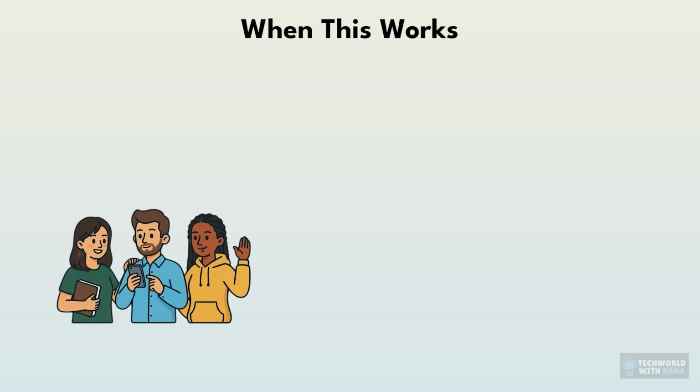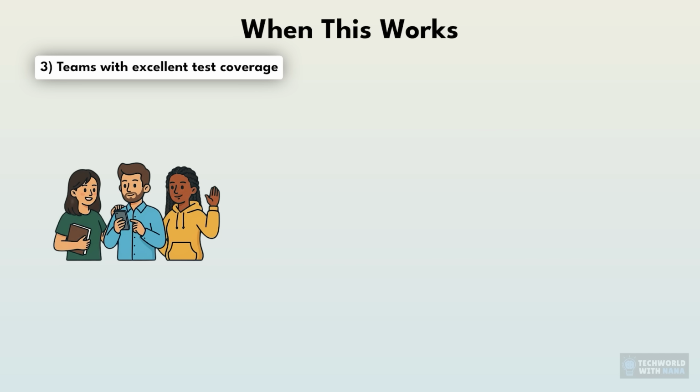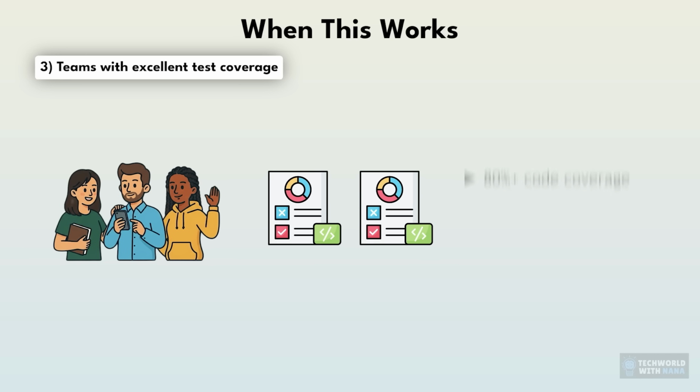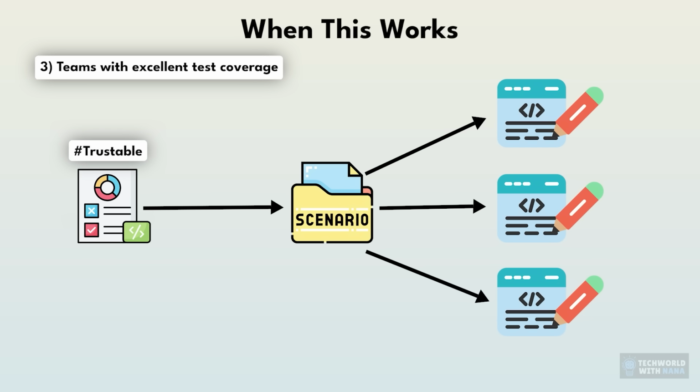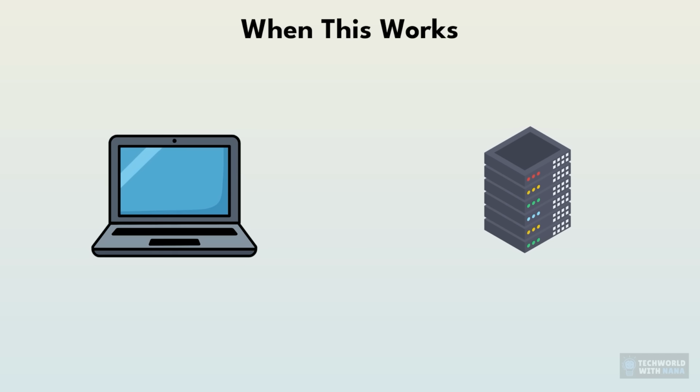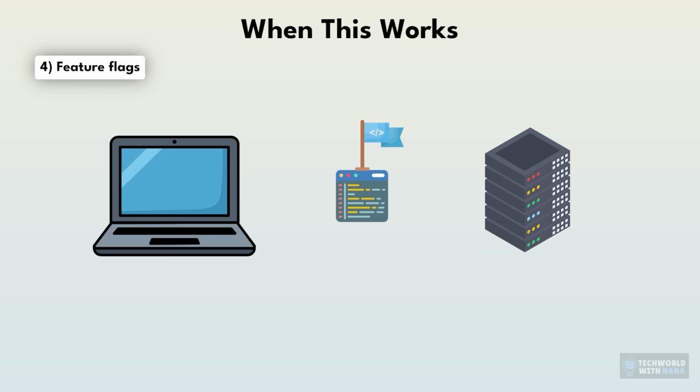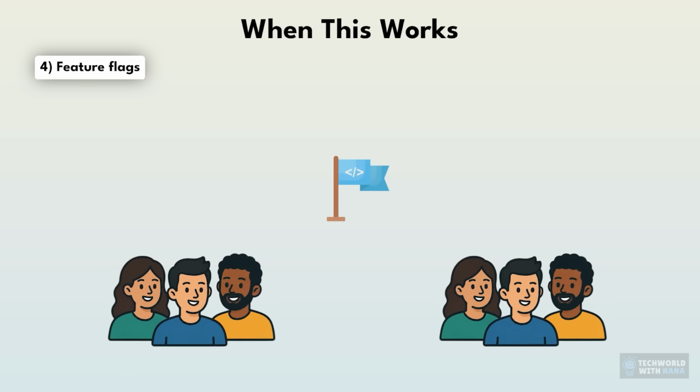And obviously this works for teams of any projects that have excellent test coverage. So if you have 80% plus code coverage, but also, very important, the quality of tests is reliable. So they test very complex scenarios end to end. You can trust the tests. And finally, you can deploy code to production with feature flags, where the features that are in development or in